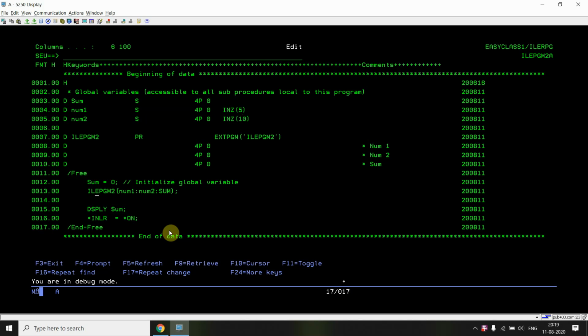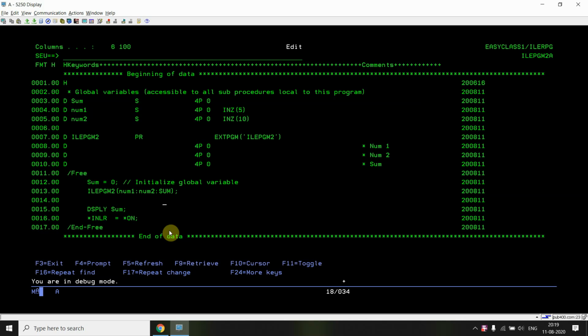So here I am calling the program. This is the program calling, ILE PGM2 with the prototype. Okay, so I am passing three input parameters, num1, num2 and sum. So sum would be passed as 0 and it will be returned from the program.